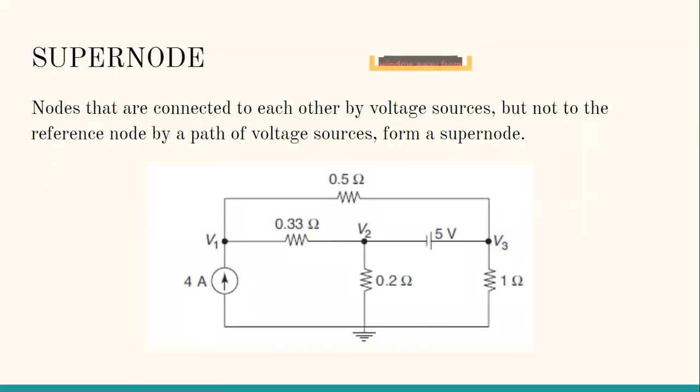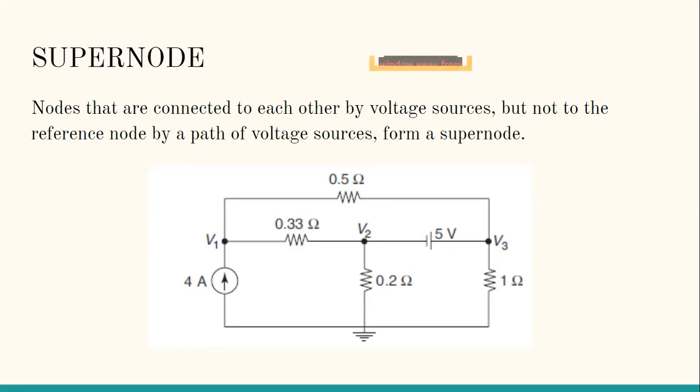So, the general steps to apply the nodal analysis to find the voltages in a given circuit is we name all the nodes in a given circuit, and out of that, one of the nodes is chosen as a reference node whose voltage we consider as 0 volt, or we consider that reference node to be grounded. So we can apply that nodal analysis to find the voltage.